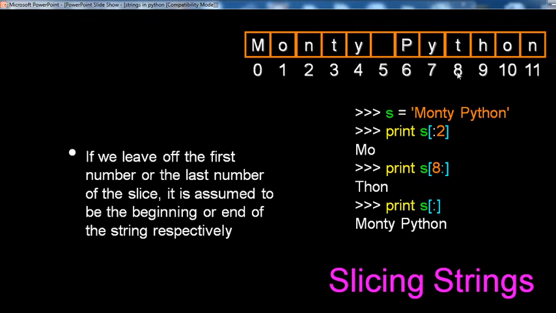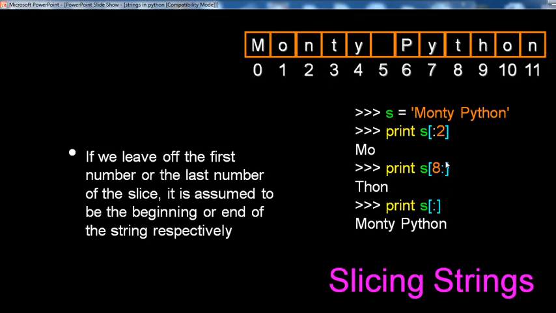Print s[8:], that is from 8 onwards. Whatever is at index 8 onwards, THON, is printed. After 8, whatever characters are available are printed. In the first case, up to 2 only, that means 0, 1, MO is available.